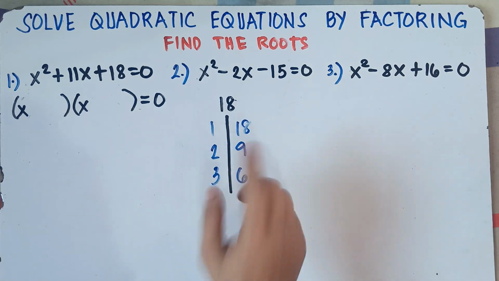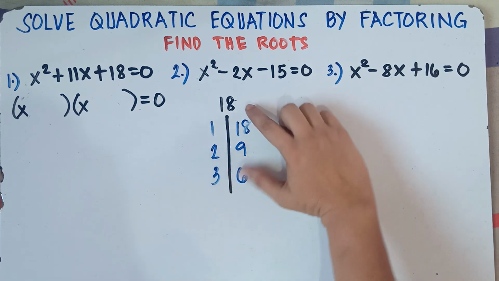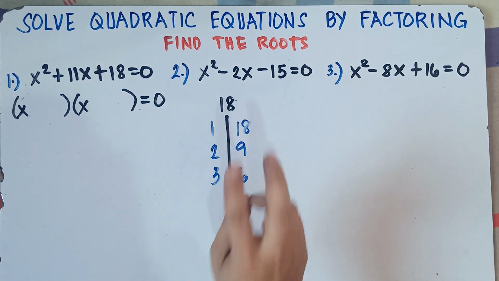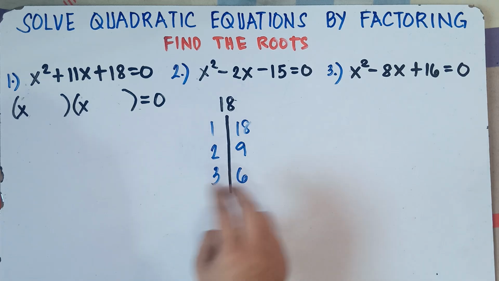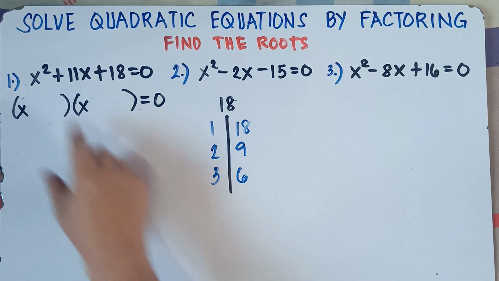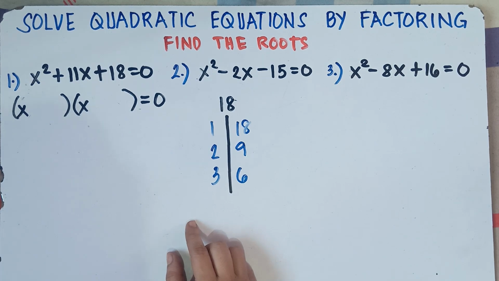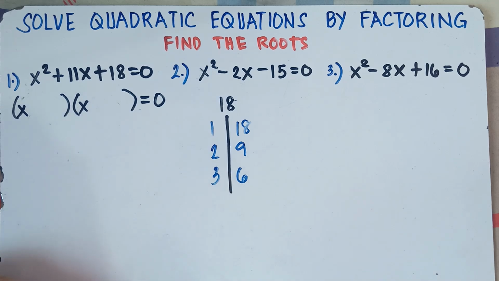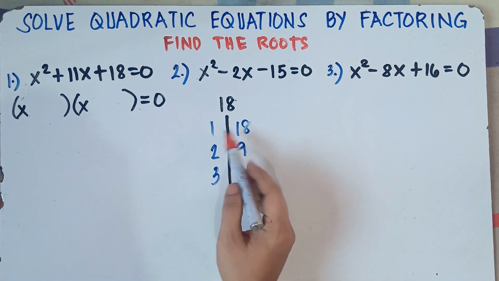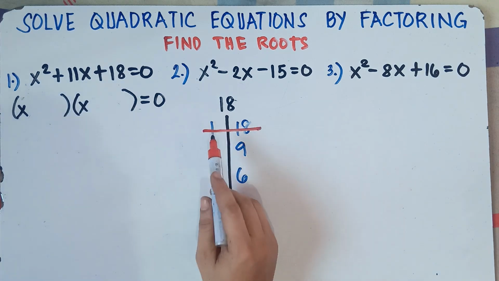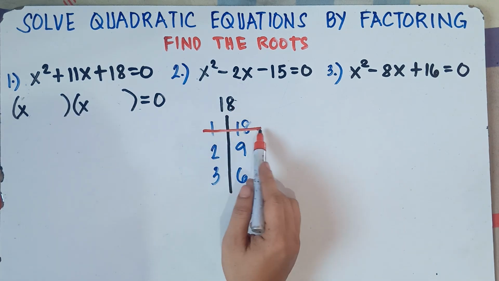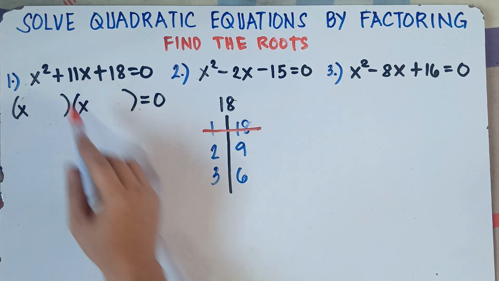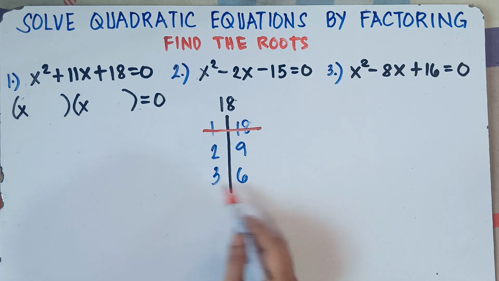Once again, you find two numbers that when you multiply, you will get 18, and when you combine, you will get positive 11. So what do you think, class, is the answer? That's correct. It should be 2 and 9, right? If we combine 1 and 18, 1 plus 18, that would be 19. Of course, we cannot get 11. We can get 18 if we multiply, but 1 plus 18 is 19. How about 3 and 6?